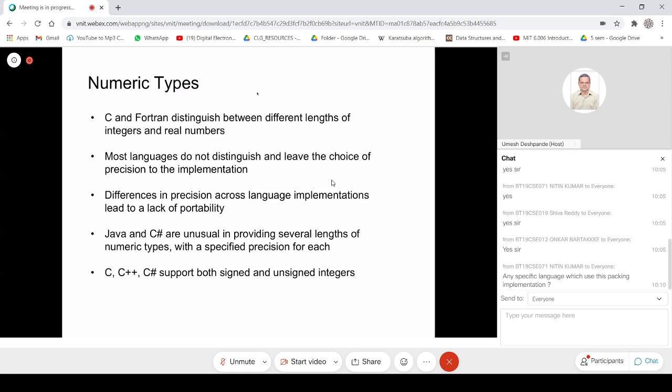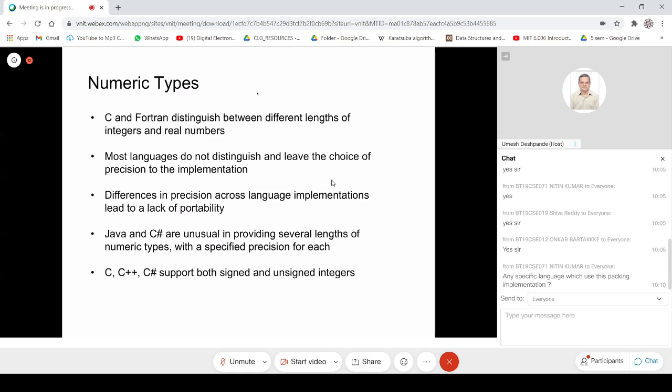This means that an integer in Java, irrespective of the machine on which it is implemented, will always consider a particular representation, let's say the 64-bit representation. So all integer variables in Java, let's say, have this 64-bit implementation, irrespective of the hardware